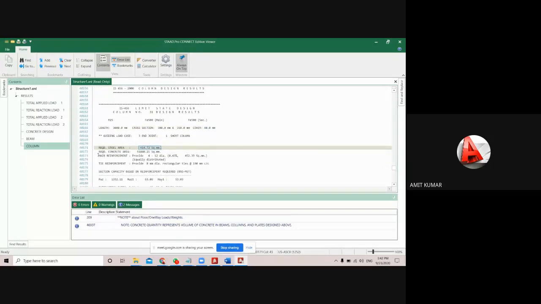One more important point, there will be a total of 4 bars, and the dia of that bar is 12 mm, and here the percentage of reinforcement is approximately 0.43, that means approximately 0.5 के पास में आपका ये. And come to the next one, that is your tie reinforcement. Okay, tie reinforcement is of 8 mm diameter, and the distance between each tie is 190 mm. Okay, that will be center to center.